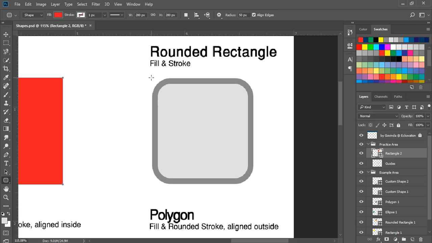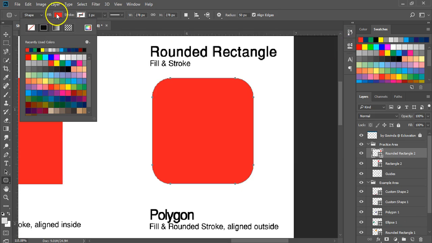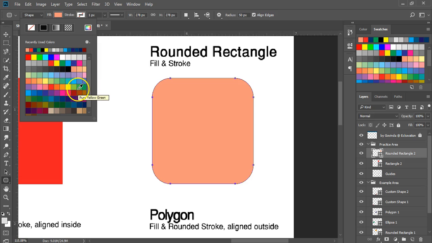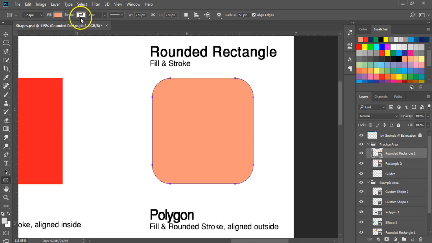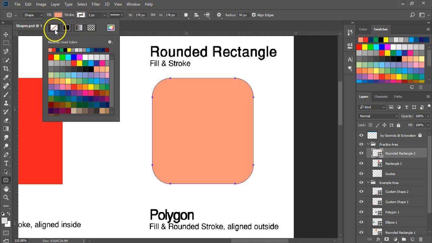Now go to the guide and create a rounded rectangle. Okay, now back to the control panel. Let's change the fill color of the layer. Now there is an option called stroke beside the fill. Currently you see a red diagonal line, which means no stroke. Let's change it. As soon as you choose a color, you can see that the shape has an outline now.